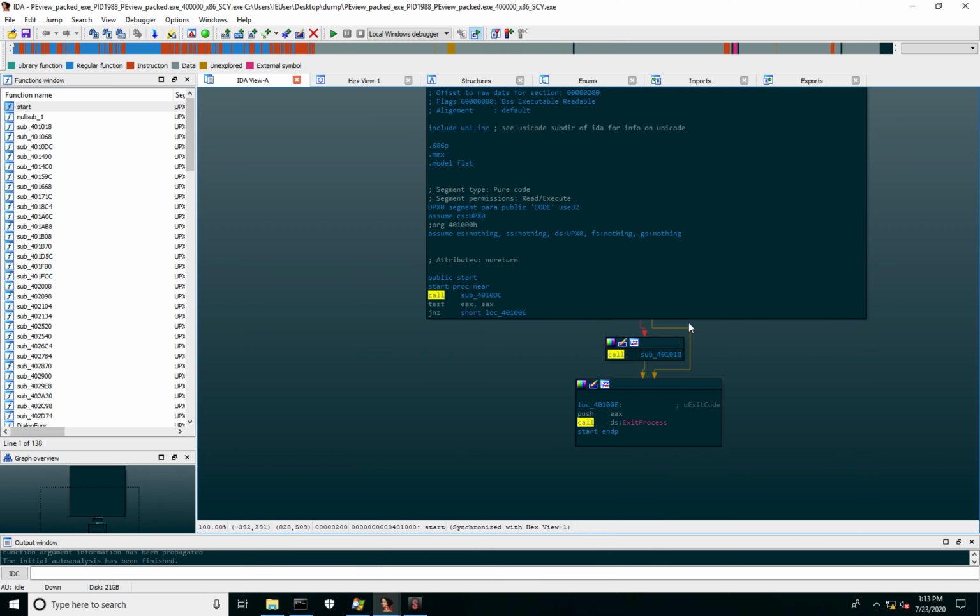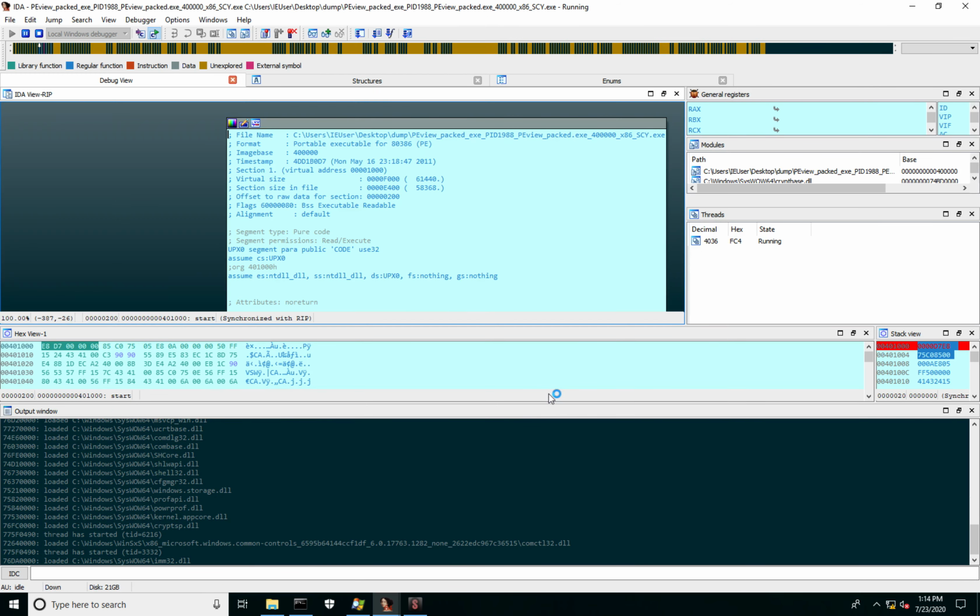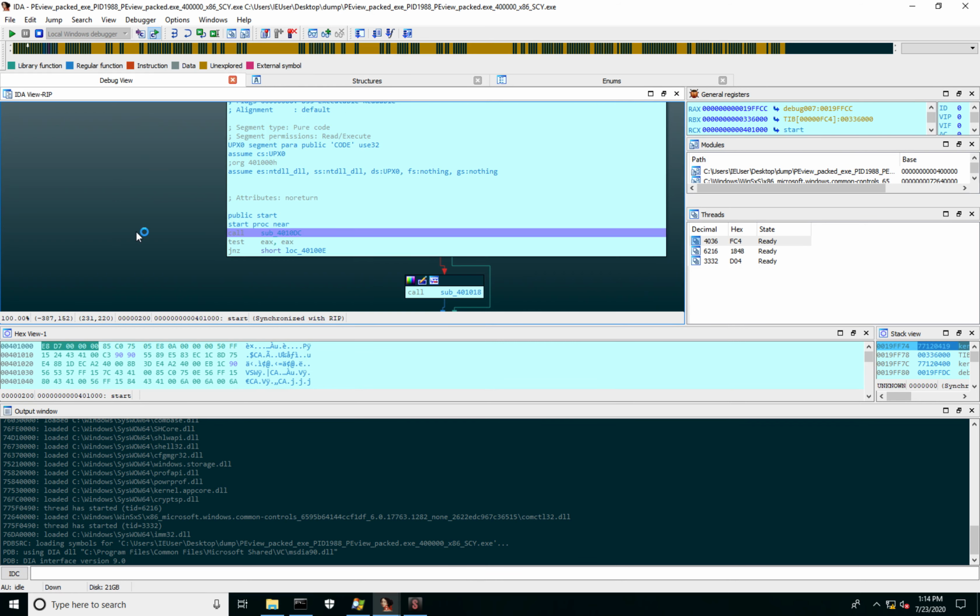Notice that in this reconstructed version, the application starts from the correct entry point. But unfortunately, we've seen it doesn't work, so let's figure out why. I'll set up a breakpoint right on the entry point and run the application under debug. Okay, enter this function.